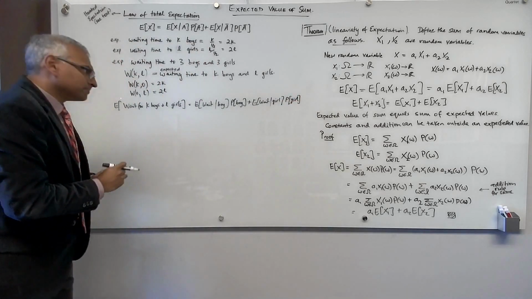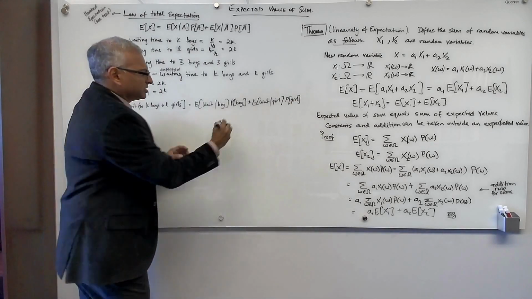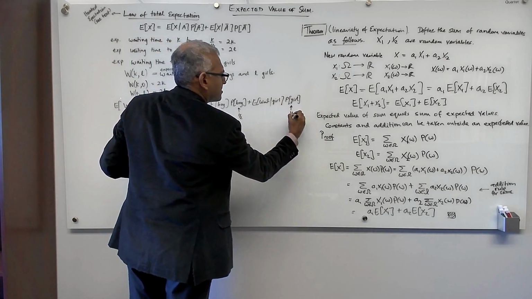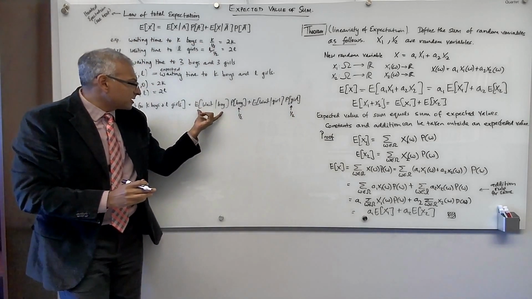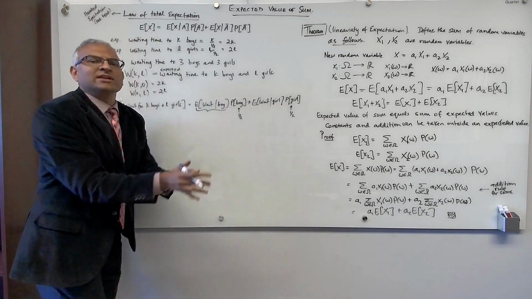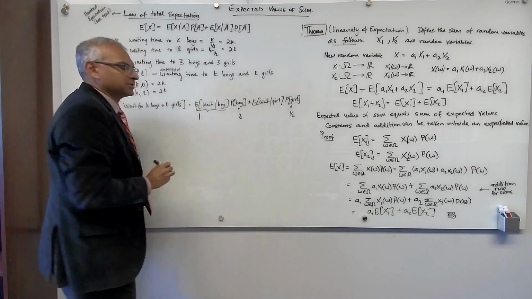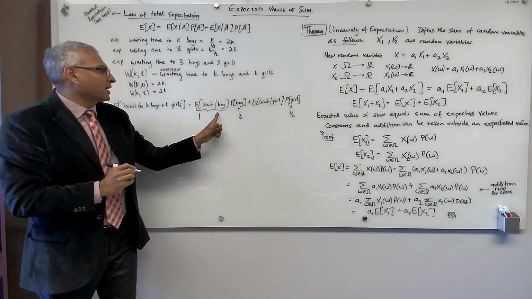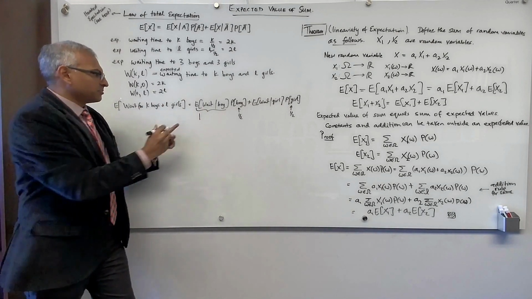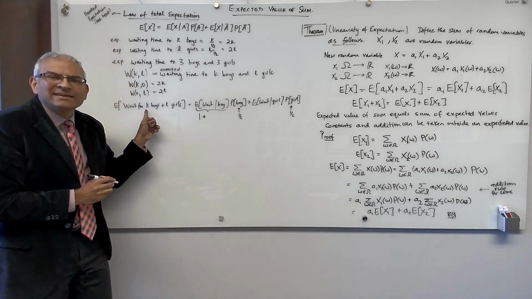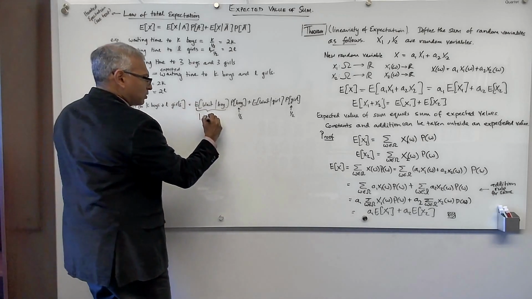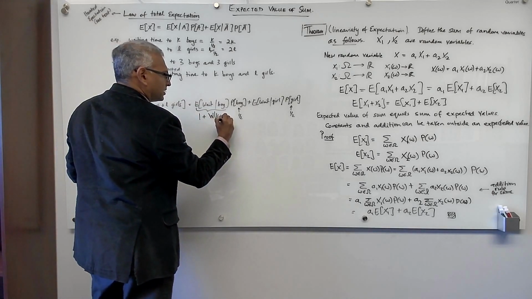Okay? Well, let's see. So this is a half, 1/2. This is a half, 1/2. What is the expected waiting time given that the first child is a boy? Well, you've had one child, which is the boy, so you have one child. And now you're waiting for what? You started waiting for K boys and L girls. You've had one boy, so that's one child, plus you're going to be waiting for K minus 1 boys and L girls, because you've had a boy. So this is going to be 1 plus W of K minus 1 and L.